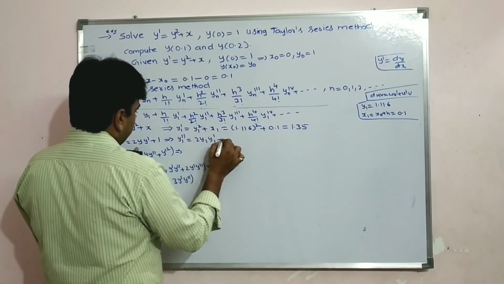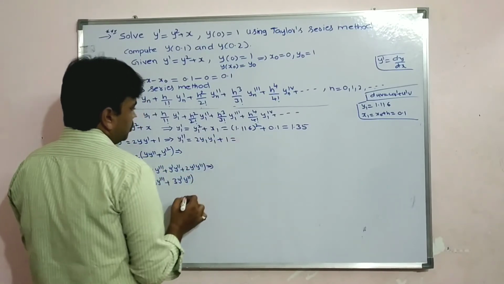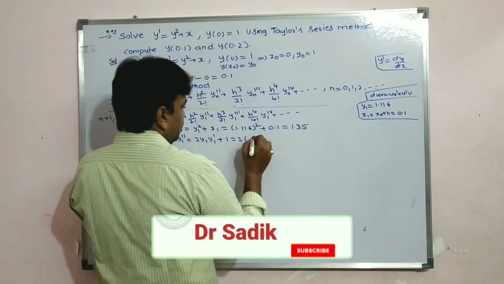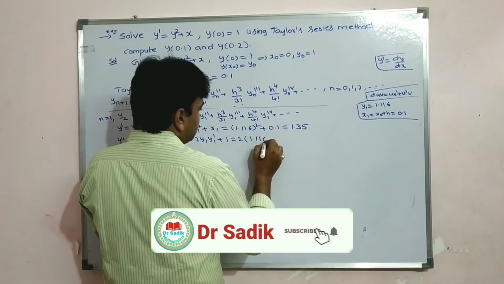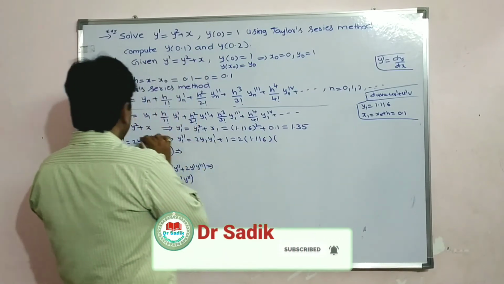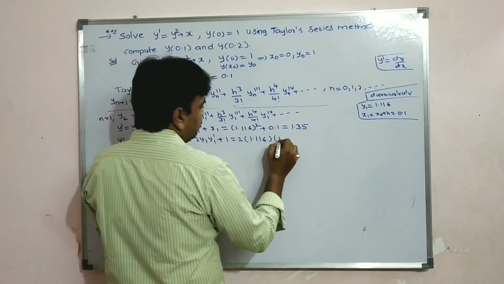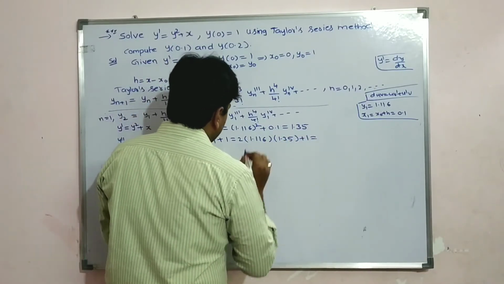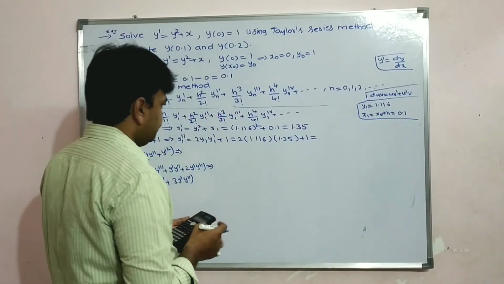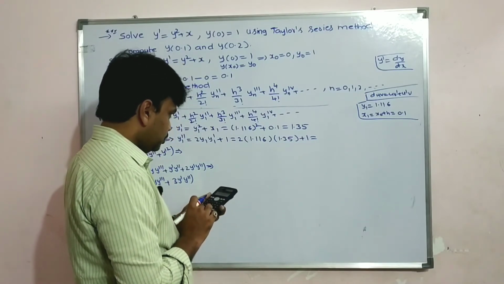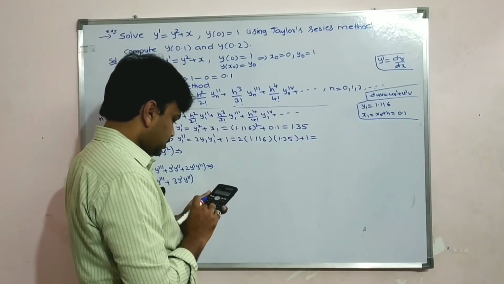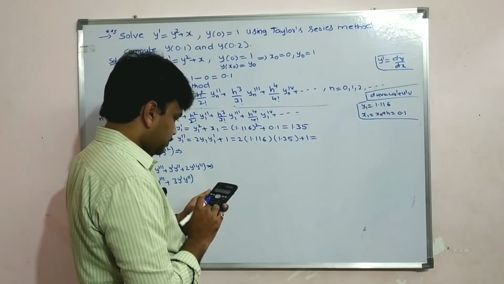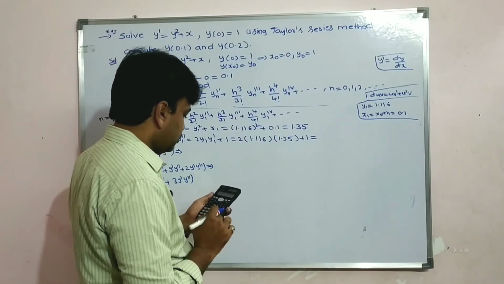Now y double dash students, that means y1 double dash that is equal to 2y1 dash plus 1 that is equal to 2 into y1 students, y1 1.116 into y1 dash 1.35 plus 1 students, 1 that is equal to 2 into 1.116 into 1.35 plus 1 that is equal to, we get here